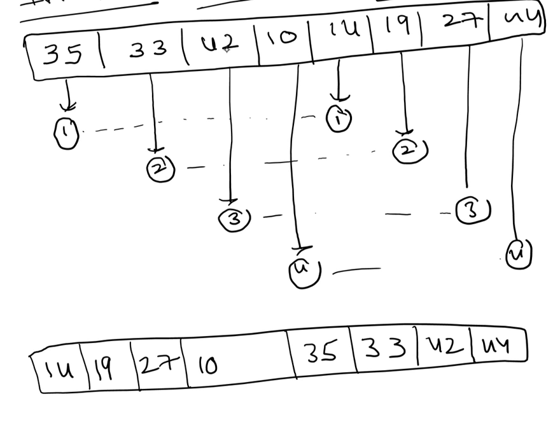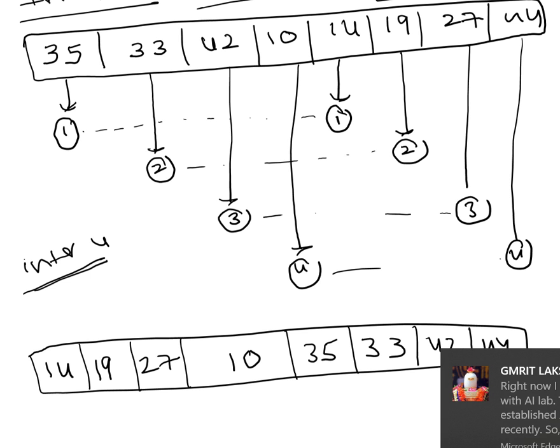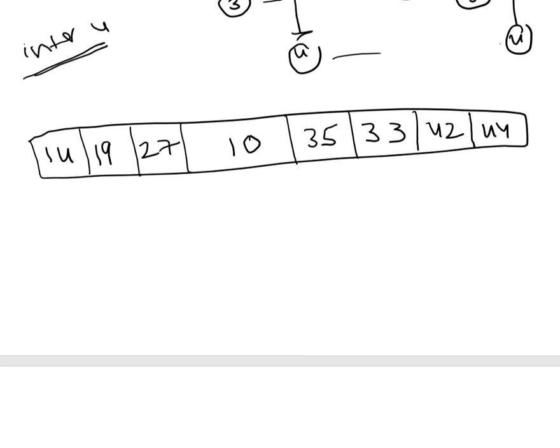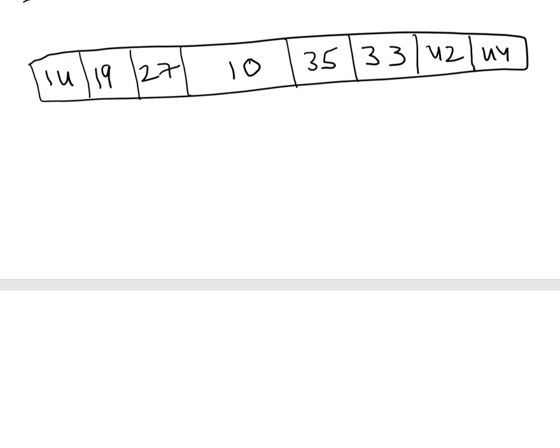This is how the elements look with interval 4. So I have taken the interval 4 and compared the elements, and after comparing, we have swapped based upon the order. Now again, for these elements, I am taking the interval 1 because these elements are not in order.